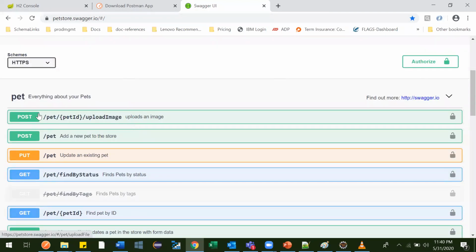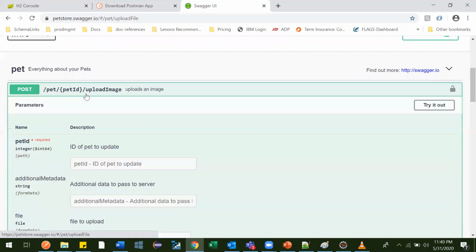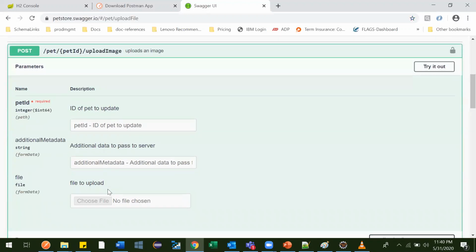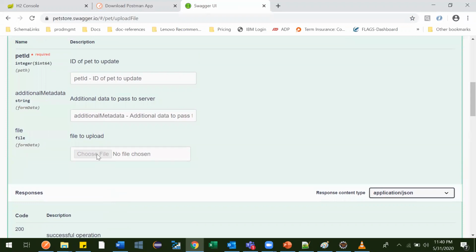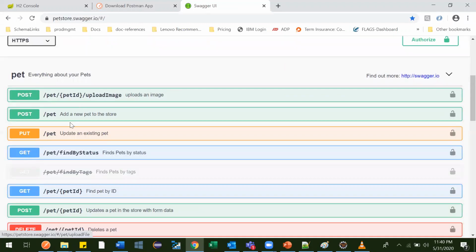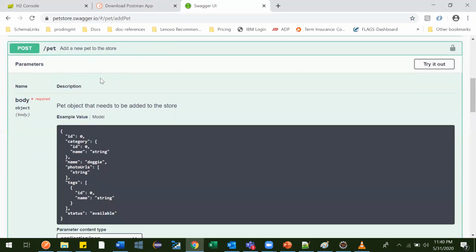This is a post request, and this is the ID, the path ID, just as I explained in my previous video. So this is a post request, this is a put request, this is a get request, and when you hit this API, you need to provide these details. It will go in the form of parameters. See, this is file upload. So this means that a post request is required, and every piece of information will be there.